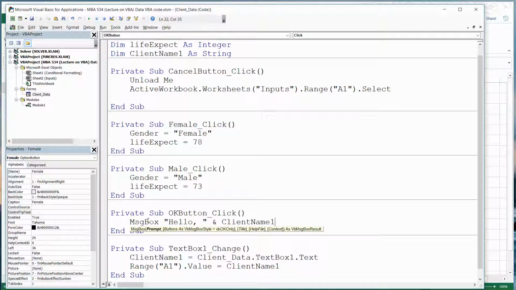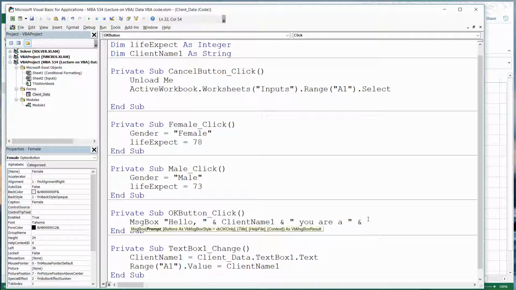This is just to show you that it's stored the data in the value variables, stuff you can do with the data. Client name 1, another concatenator, a quote, space, you are, another space, quote, another concatenator, you are a,